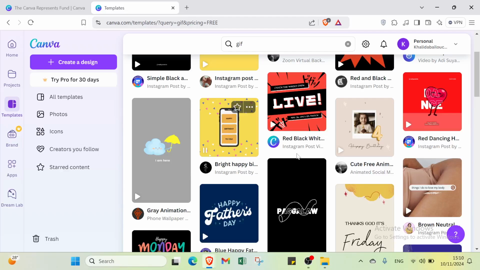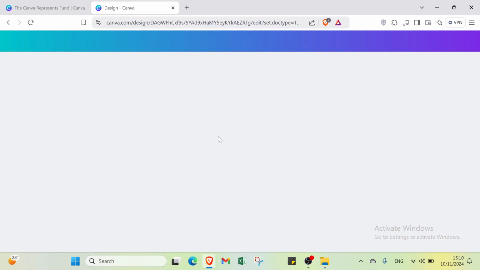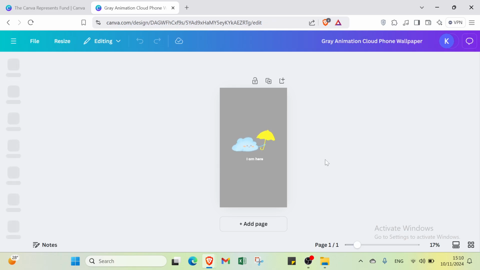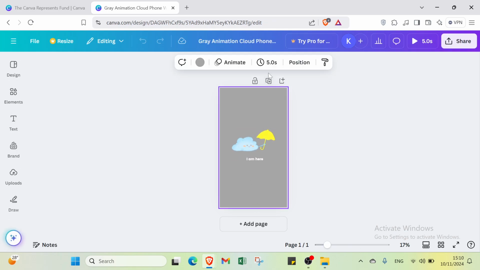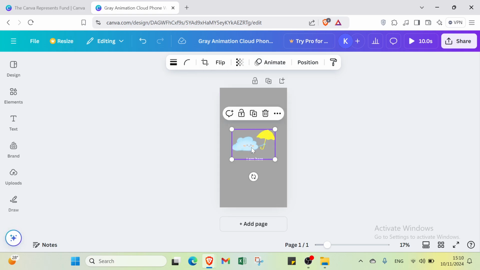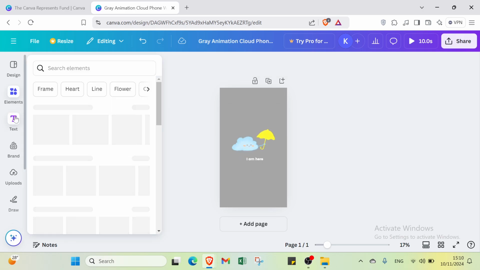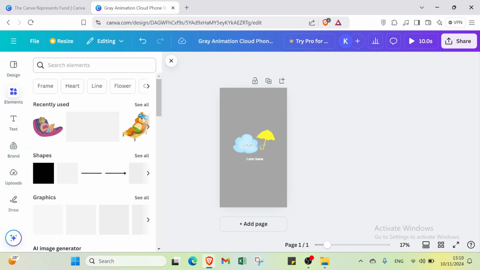Right, for example, I will just select one of these templates. I will select, for example, this one because I like it, and then I will just click over customize this template, and then you will find a page which is this one. This is the page where we will add or customize this one. Personally, I will just add, for example, the time in here. For example, I will add 10 seconds, then I will delete this one and I will search for other things here. I will go firstly to the elements and